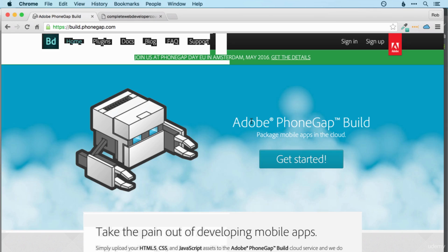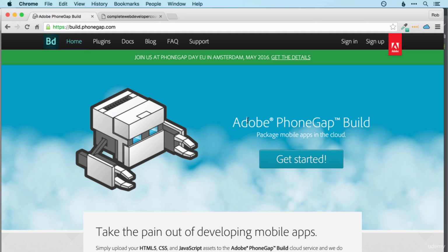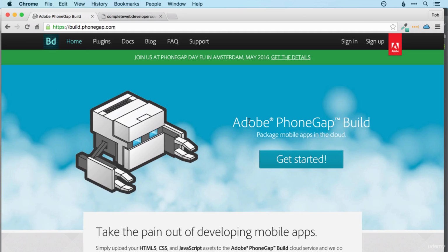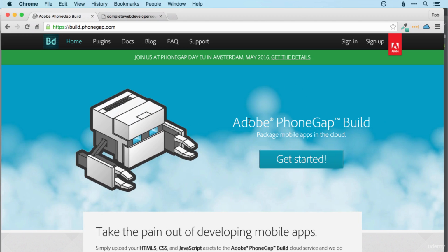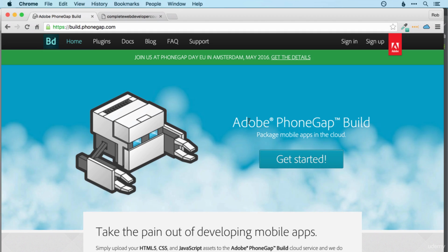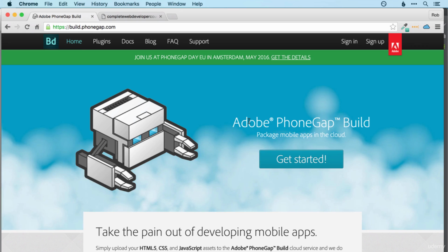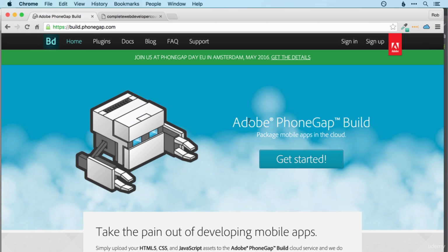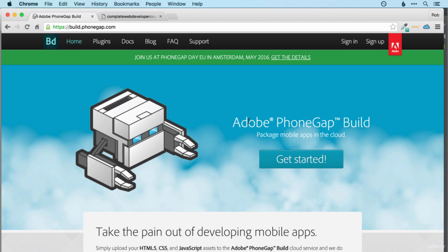Now, Phonegap was a system to package HTML-based apps in a format that could be submitted to the major app stores. It was then purchased by Adobe and rebranded Cordova. And as well as allowing your app to go on the app stores, it also allows you to use plugins to access deeper aspects of the device's functionality, like the accelerometer or the GPS or the microphone. So if you want to do things like that, then have a Google for Cordova plugins and see what else there is available. We're going to be focused here, though, on getting our app in the app stores as quickly